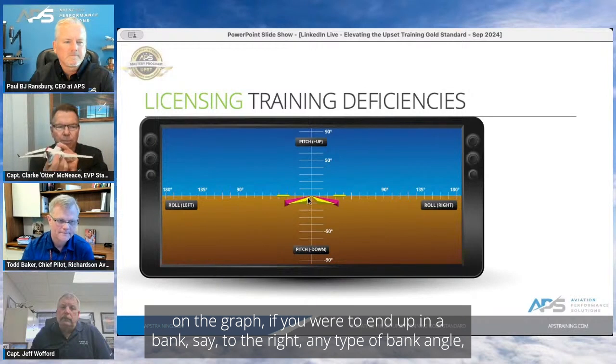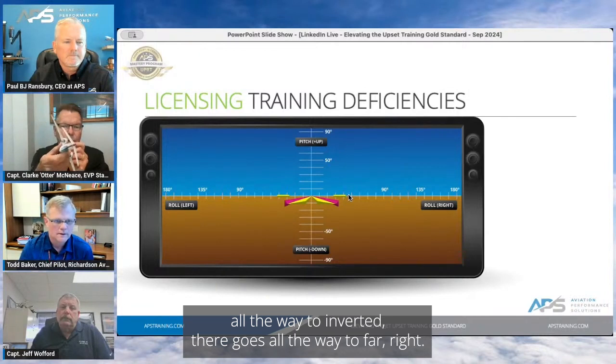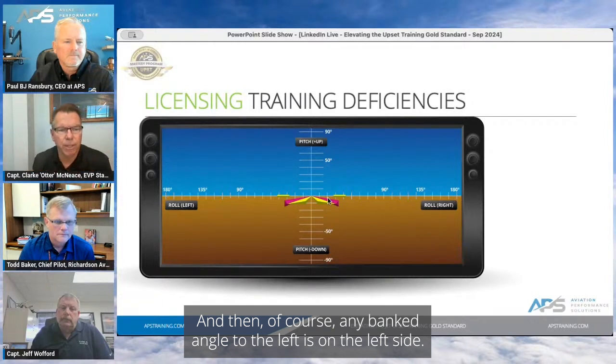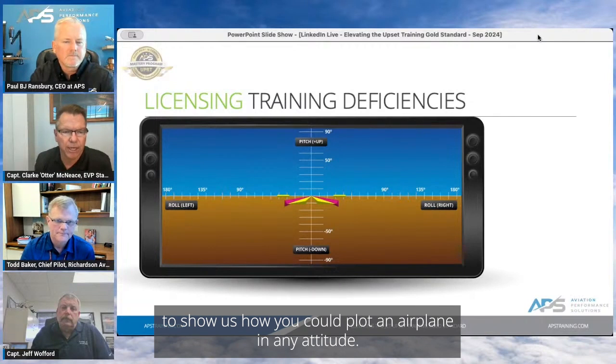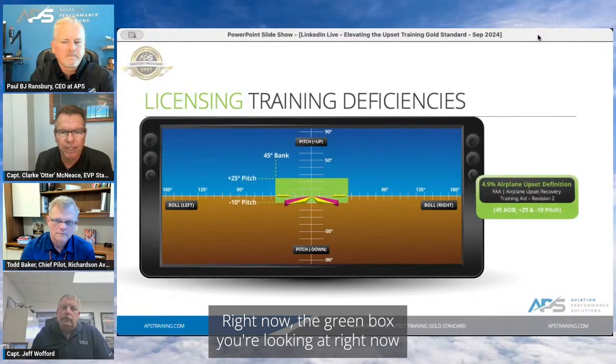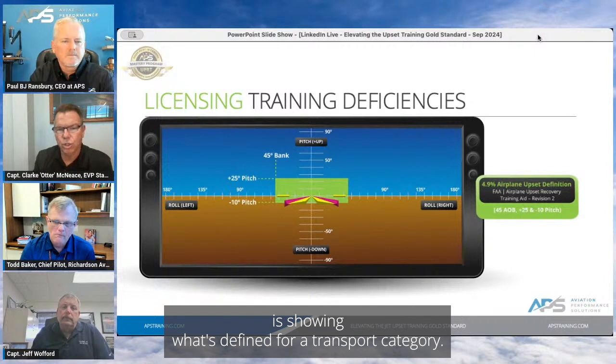If you were to end up in a bank, say to the right, any type of bank angle, all the way to inverted, that goes all the way to the far right. And of course, any bank angle to the left is on the left side. So I hope everybody can see how this graph works to show how you could plot an airplane in any attitude. Now, the green box you're looking at right now is showing what's defined for a transport category jet,